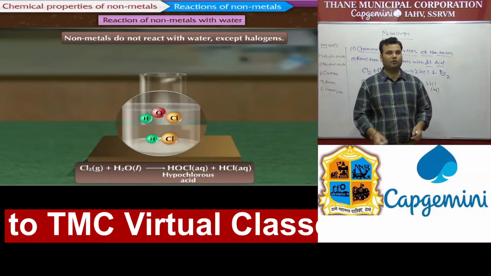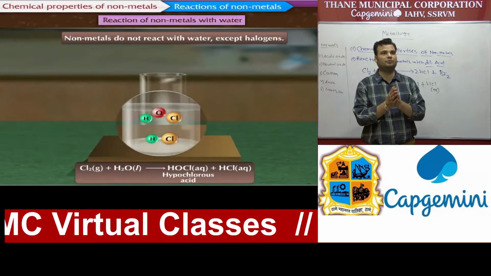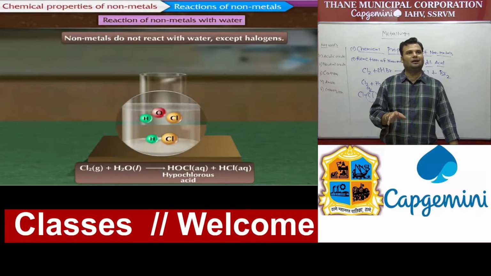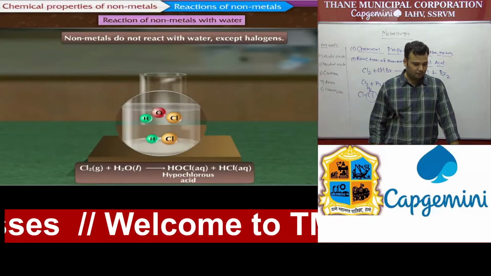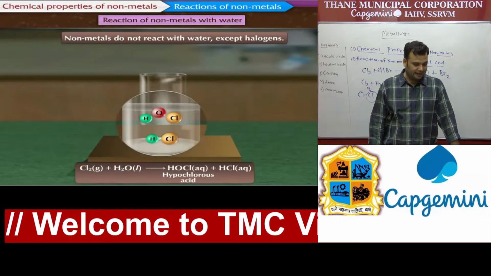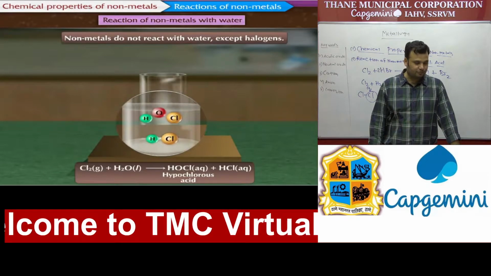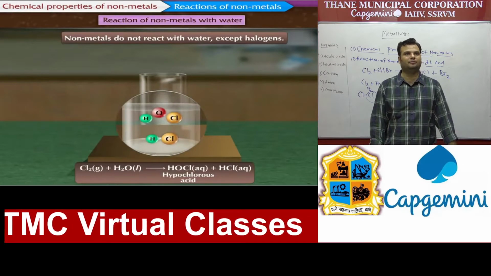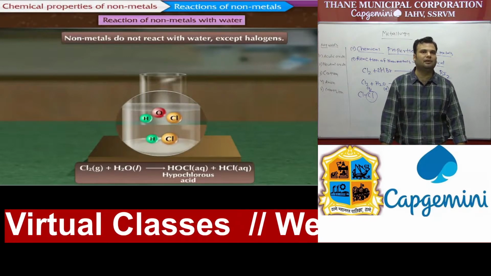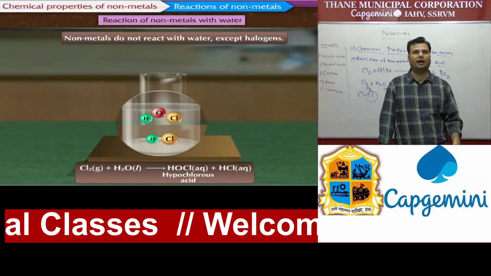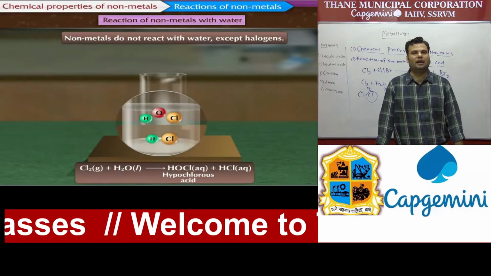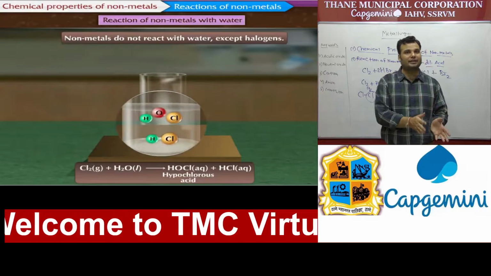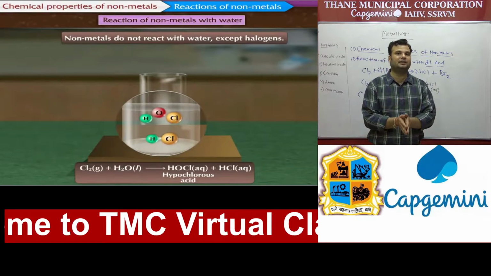It is very important, so again I am revising that part: non-metals react with water only in the halogen family, and halogens can also react with acids. The last part of these chemical properties is the reaction of non-metals with hydrogen. They can react with hydrogen, but high temperature and high pressure are required, like in the formation of ammonia, given by the scientist Haber, also called the Haber process. In this, nitrogen can react with hydrogen, but at high temperature and high pressure.